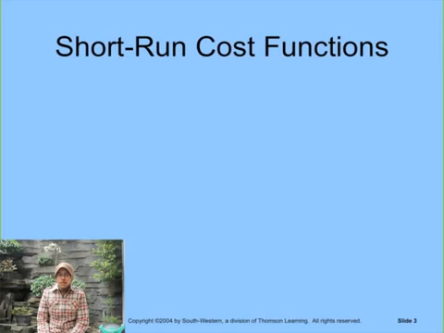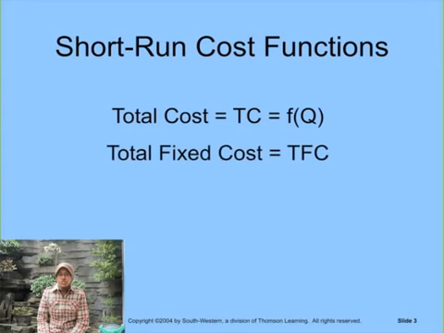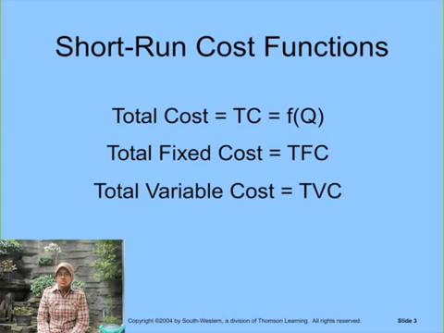Next up, short-run cost function. Short-run here is defined as the time period during which some of the firm's inputs are fixed or cannot be readily changed. To figure out the total cost, we have to find out about the total fixed cost, which is the total obligation of the firm per time period for all fixed inputs. We also have to know the total variable cost, which is the total obligation of the firm per time period for all the variable inputs that our firm uses. So the formula for the short-run cost function is total cost equals total fixed cost plus total variable cost.